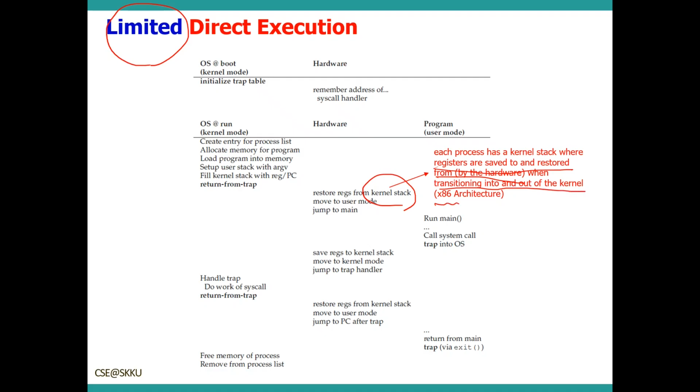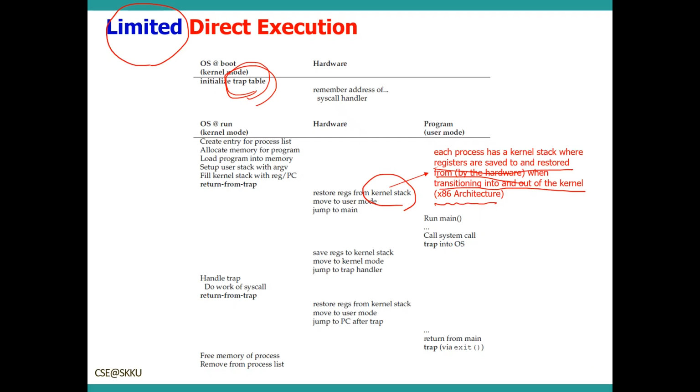This is an example in x86 architecture. First, the kernel initializes the trap table, and then the CPU remembers its location for subsequent use. The kernel does this operation via a privileged instruction. Okay? So from the trap table, the hardware can know the jump address for each different system call request or interrupt request.